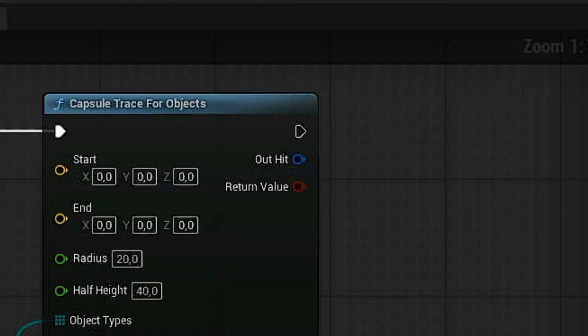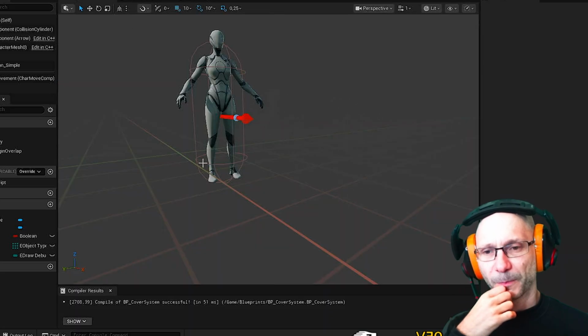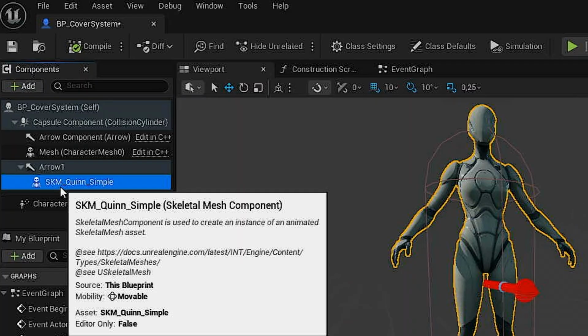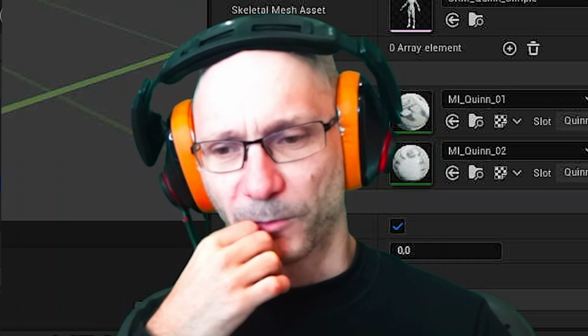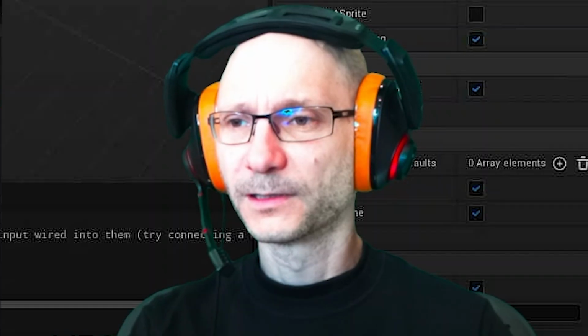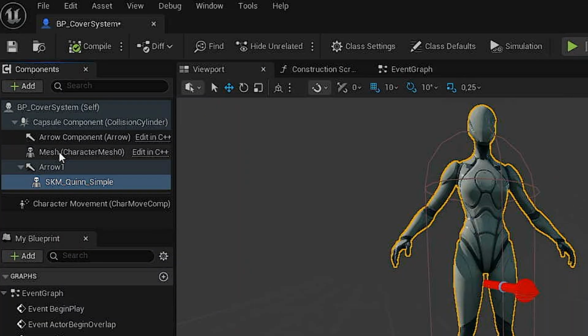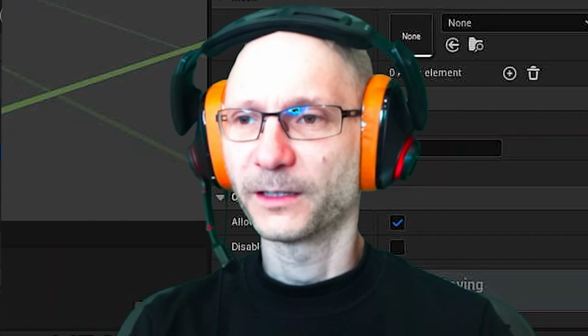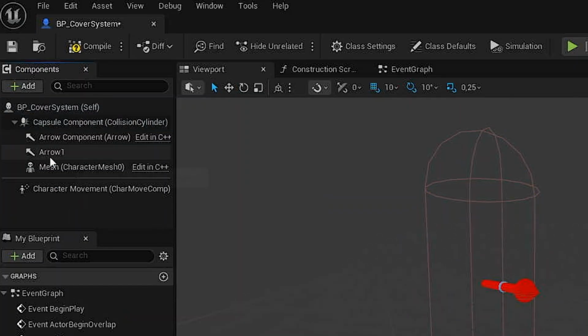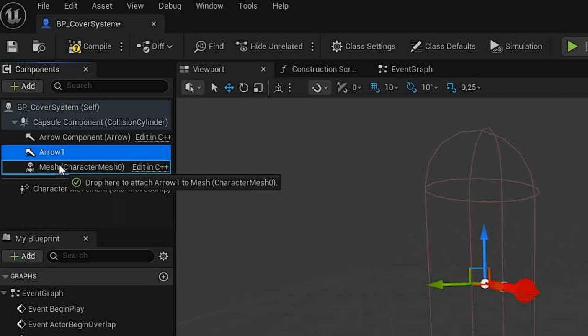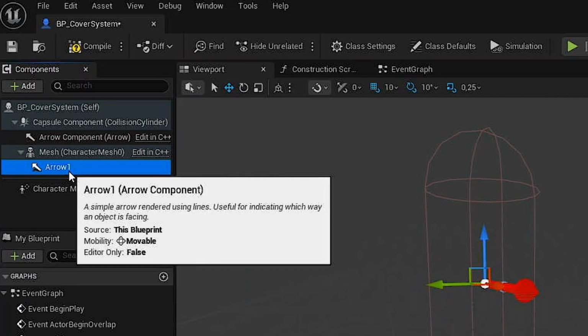Is this radius and half height setting the capsule size? Actually, do we even need this sample? Wait, hold on. In his case, he just has the character mesh. I think we already have this one. Yes, we do already have this one. I'll delete this one. Drag and drop. Make it a child.